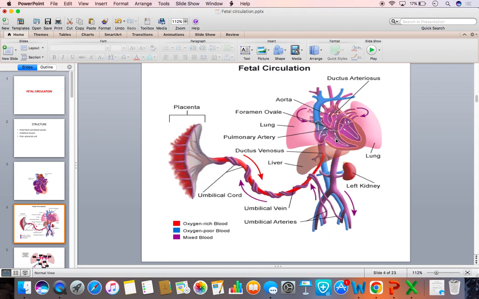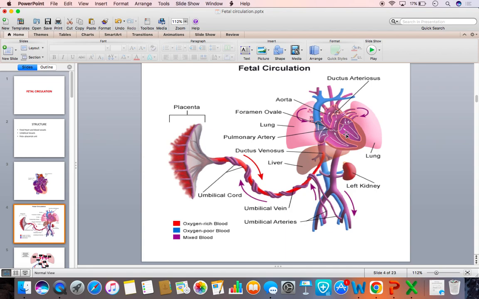Then the blood in the arch of the aorta gets mixed with the blood of the right ventricular output via the ductus arteriosus, and this mixed blood with